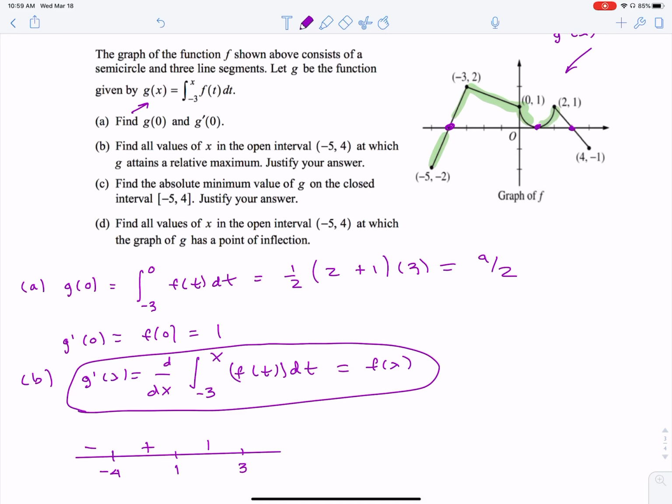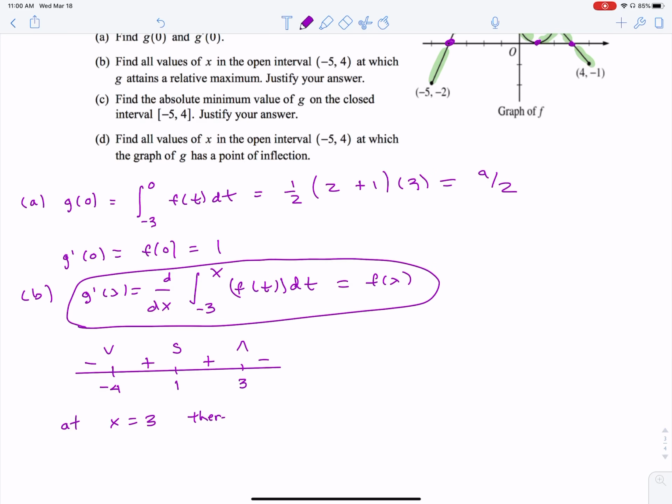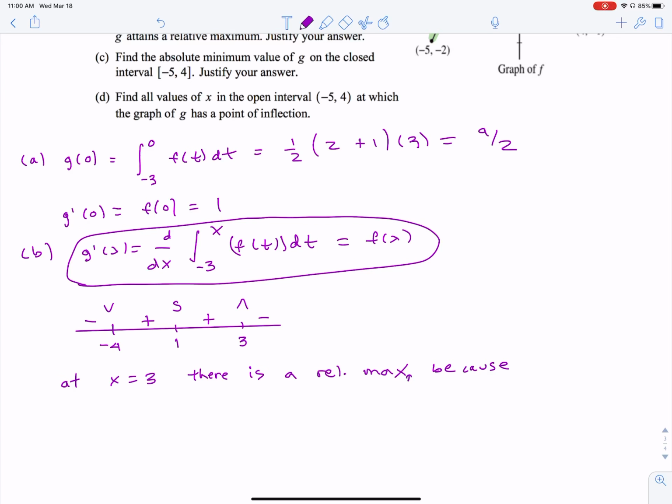So what was the question? The question is asking at which point g attains a relative maximum. I think you guys agree that is at x equals 3. So I would say at x equals 3 there is a relative maximum. The reason I know that is, let's see, I'm trying to think of a good way of phrasing this. Because g prime, which equals f,